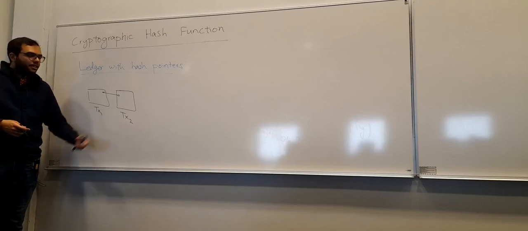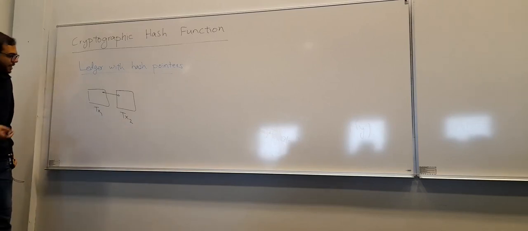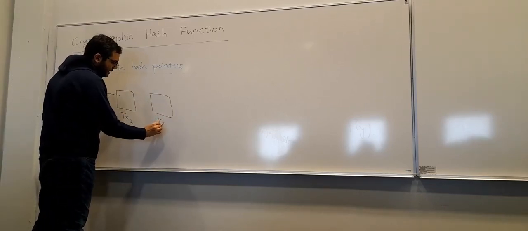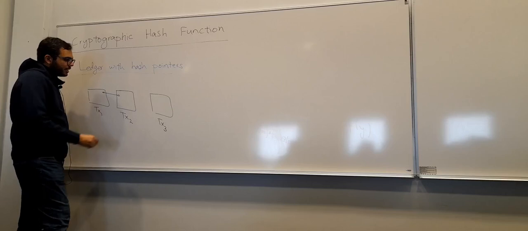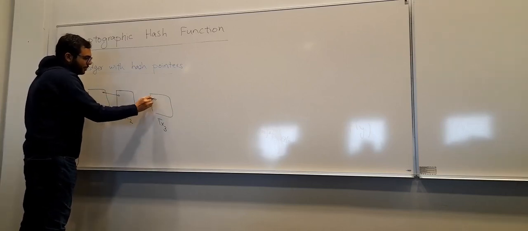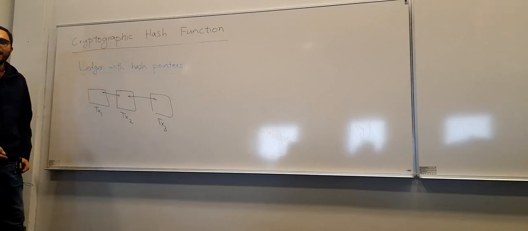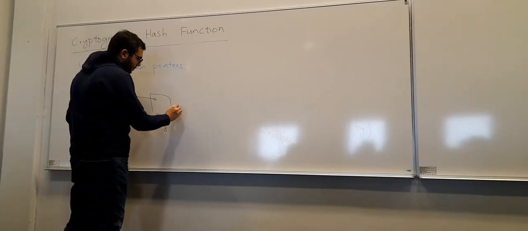Okay. Now, let's see what happens. Let's say I do a bunch of other transactions. I do transaction 3. The bank creates this transaction 3, puts a pointer to transaction 2, sends me the hash of transaction 3 and the transaction 3 itself in email, and so on. And this goes on